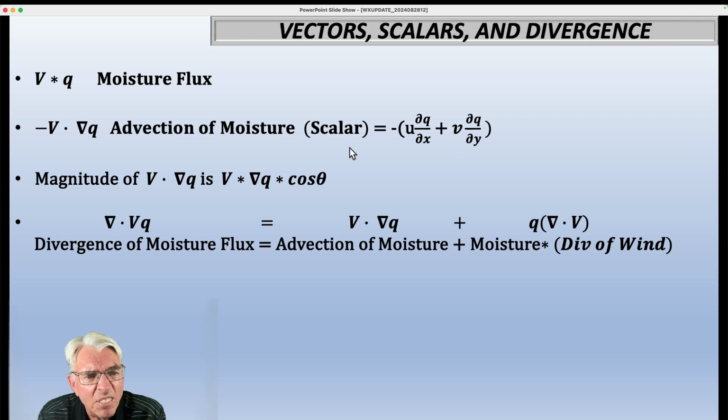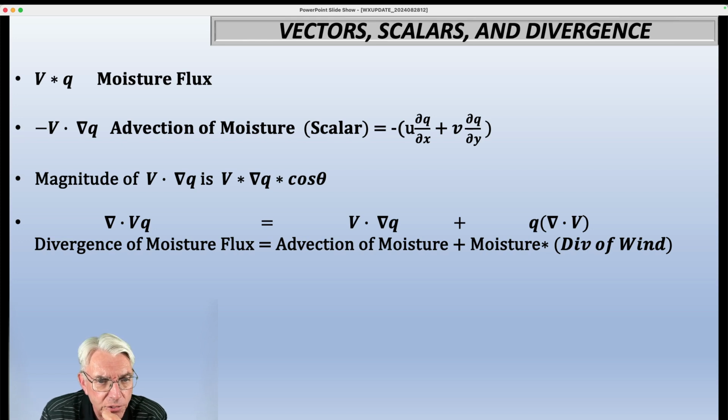So if you split this up, and by the way, this minus sign here is simply something that scientists a long time ago decided to add because, if you think about it with respect to temperature, a minus sign makes sense with cold advection because it's getting colder, and a plus sign makes sense with warm advection because it's getting warmer. Well, if you didn't put that minus sign there, it would be exactly the opposite. So this is simply a fudge factor, if you will, to make things make more sense, all right? So you have a minus sign, and if you split this up, this is the u component of the wind times the change in moisture along the x-axis